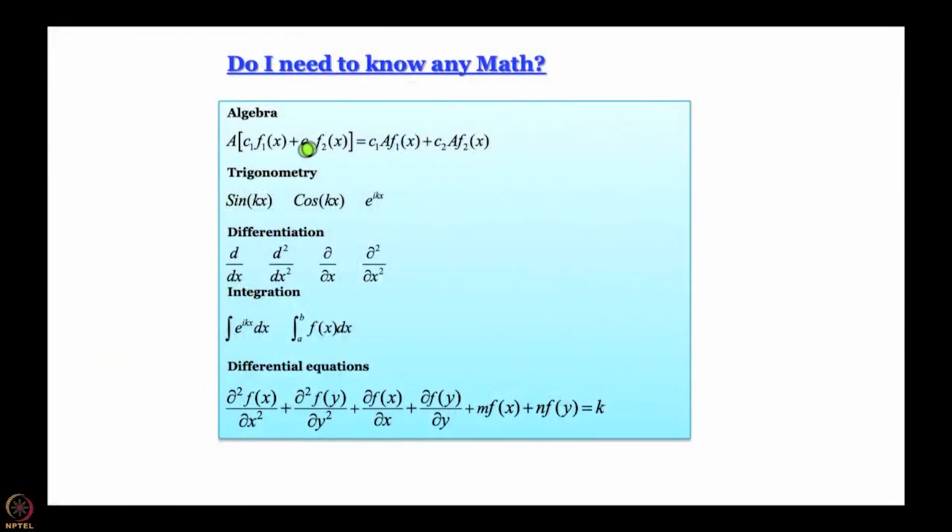And for those who may not have exposure to even that level of mathematics, we will develop tools as we go along. But to give you a very brief idea, we will need to know algebra and a little bit of operator algebra. As you will see, we are going to work with linear operators all the time. They are the main tool of quantum mechanics. And then we will need a little bit of trigonometry. We will need you to know what is sin kx, cos kx, e to the power i kx, what is the relationship between them. We will need to do basic differentiation at times, we will need to do partial differentiation,